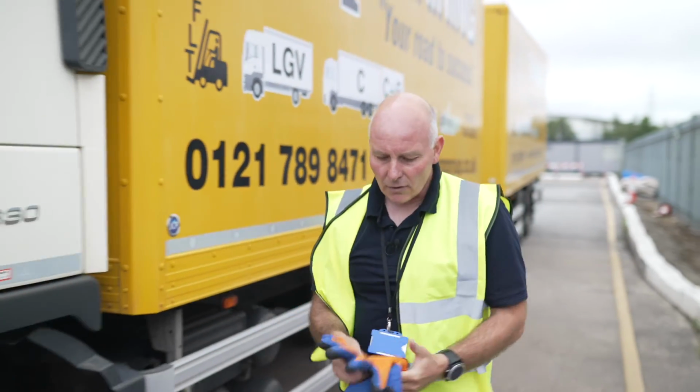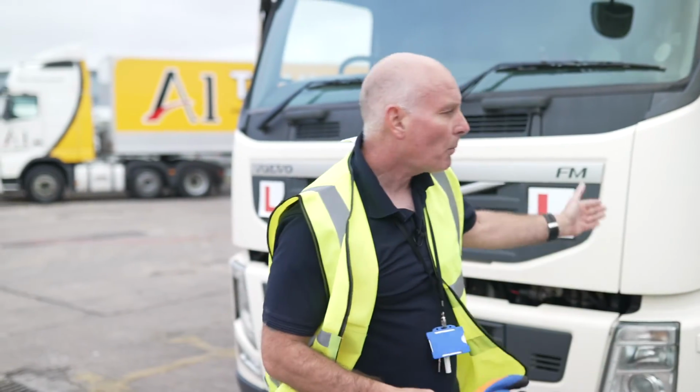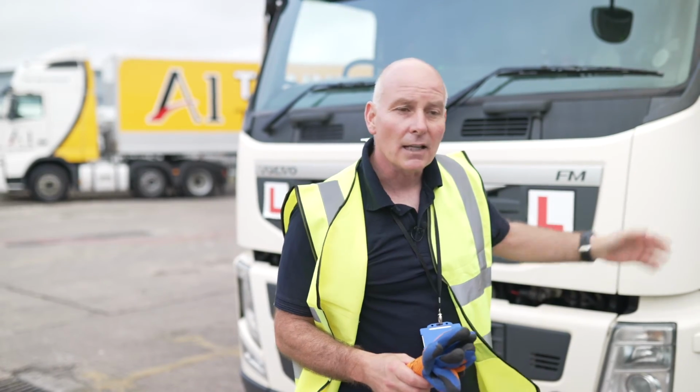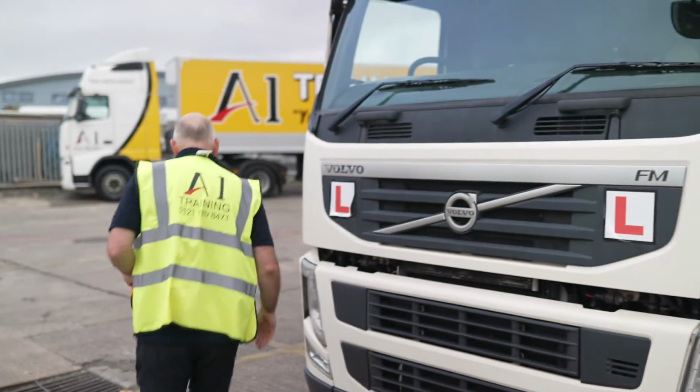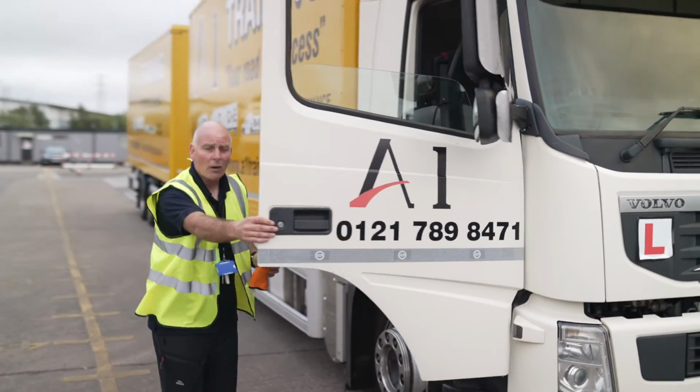And there's one more thing that you must carry out for the examiner. I would go back round to the front. I would ask the examiner, would you mind just checking my brakes, lights and my indicators? At which case you will go back into the cab. The examiner will go round to the back of the trailer,